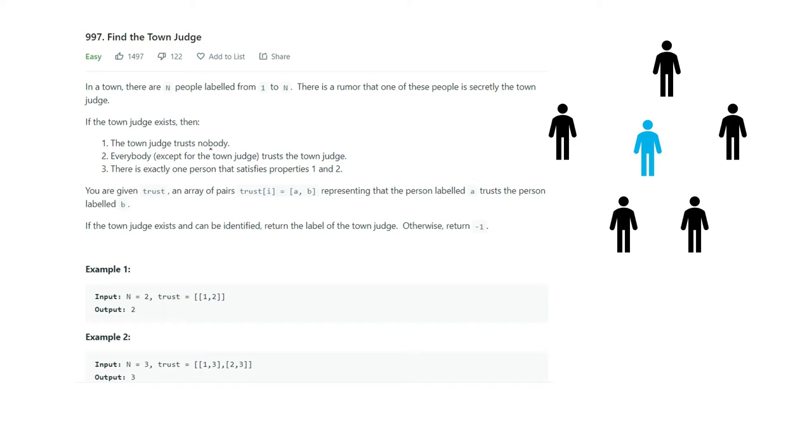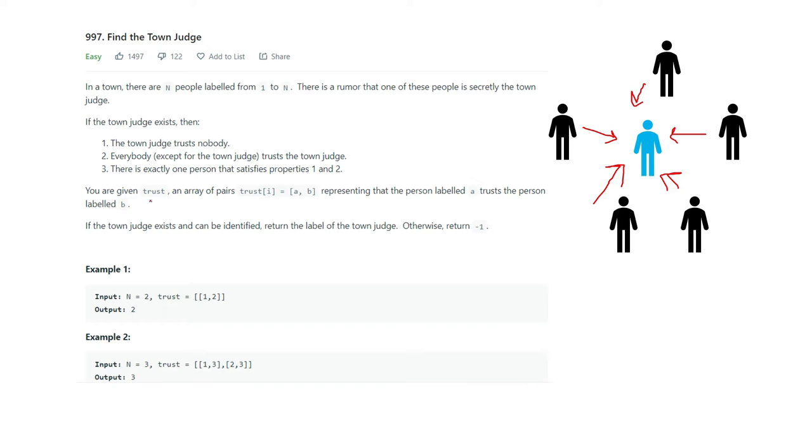The town judge trusts nobody. This guy doesn't trust anyone. Everybody except the town judge trusts the town judge. So these guys actually trust the town judge, but the town judge doesn't trust anyone. Okay. There is exactly one person that satisfies properties 1 and 2. That means either this person will be a town judge or a normal guy, and only one town judge is